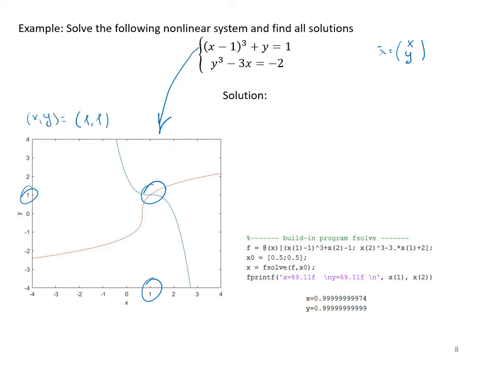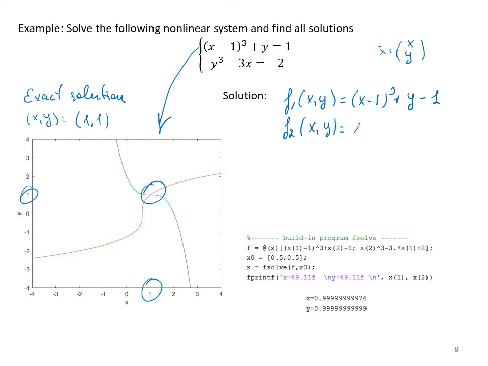So this is our exact solution. So now let's transform our system into vector form and define component functions f1, which is minus 1 minus 1, and x, y plus 2. And our vector form will be